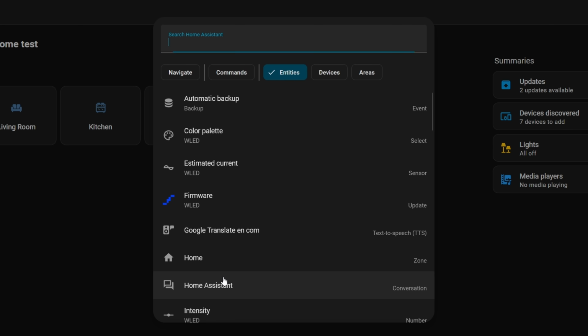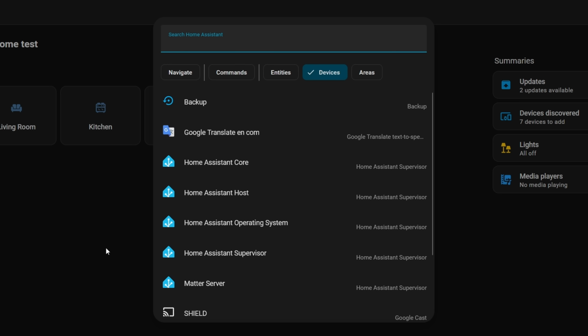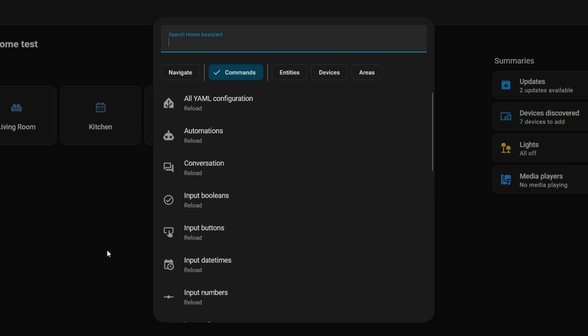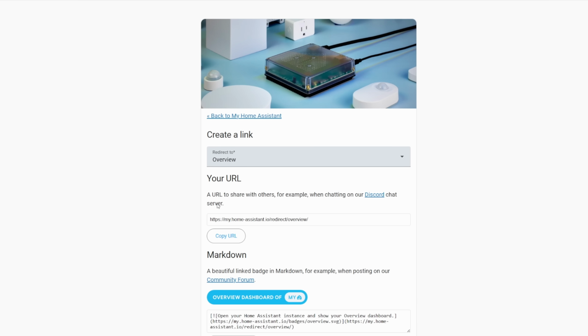All right, this first one is purely a time saver, and I wish I had found this out earlier. Did you know that there are hidden keyboard shortcuts in Home Assistant? You can press the E key to search through your entities. You can press the D key to show all the devices. C will open up the command palette, which quite honestly is the one that I use the most. A opens the assist menu, and then M can generate a My Home Assistant link that you can share with